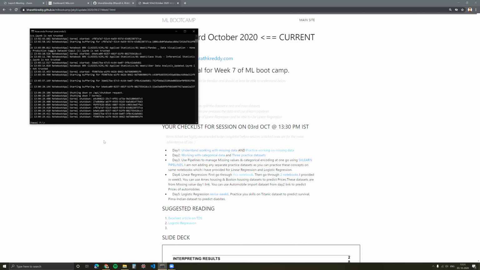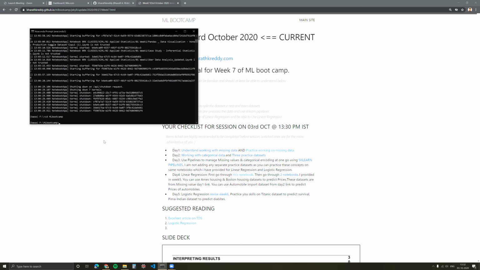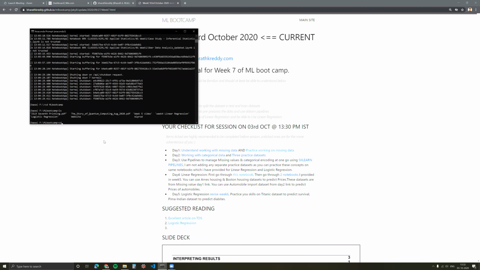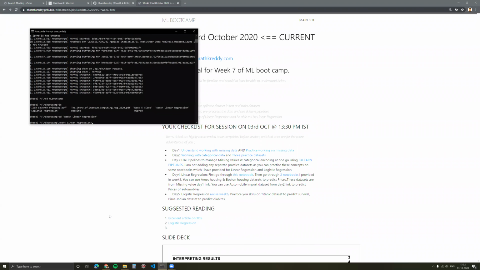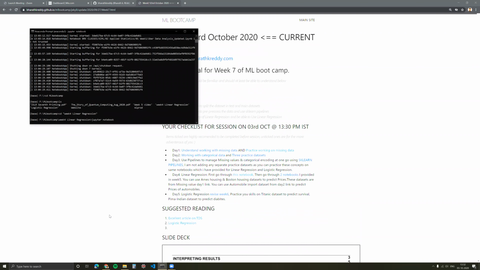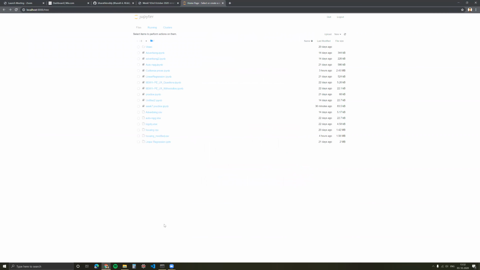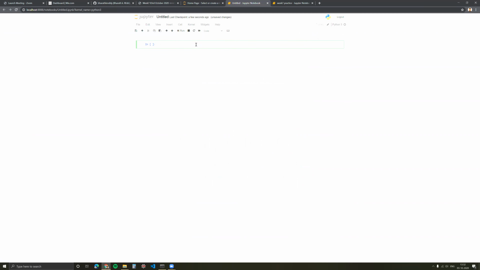Okay, so I'm going to launch my Jupyter notebook. Okay, I have taken an existing data set, but I've curated it a little by deleting some random values of it, and I've added some categorical columns to it.